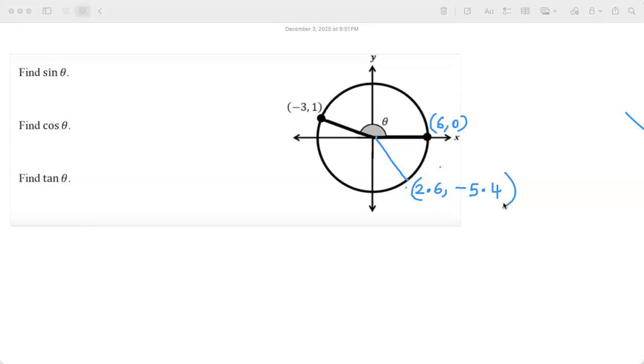If I have this, I want this big angle. Let me mark this angle. I'm going to take this angle now, no thetas. I'm going to take that angle as alpha, till here. Now can you tell me what is sine alpha, cos alpha, tan alpha? Would you be able to do it, you think?